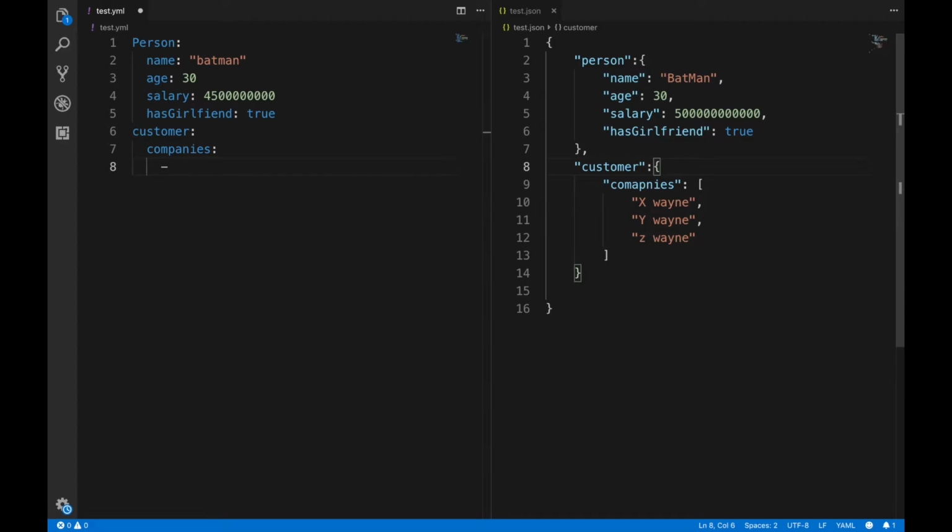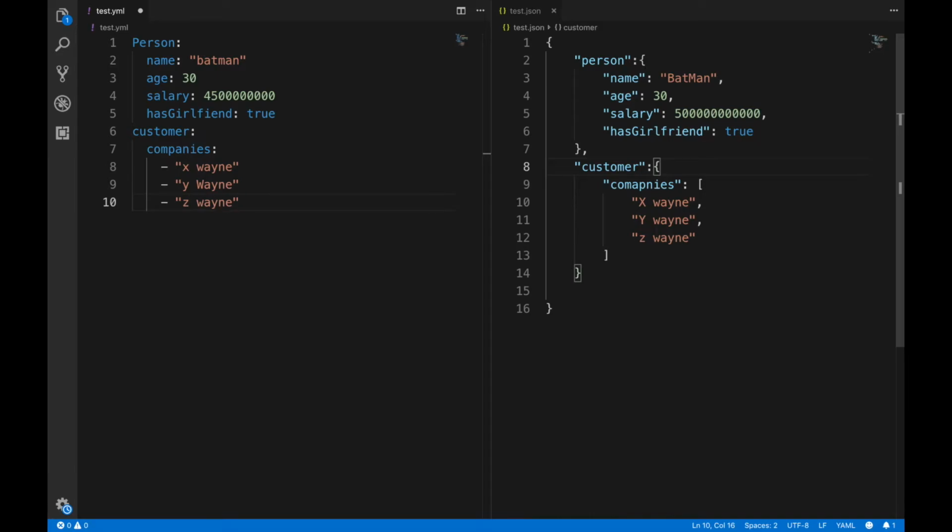After writing the hyphen, you have to give one more space and write the value. So the value will be X vein, no comma, then again Y vein, no comma, then again a space and Z vein, right?